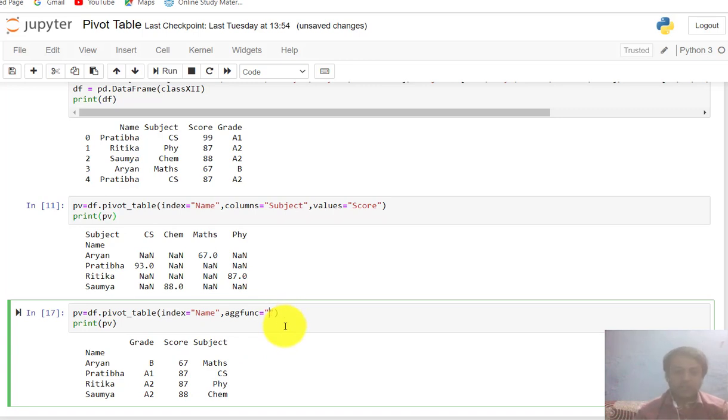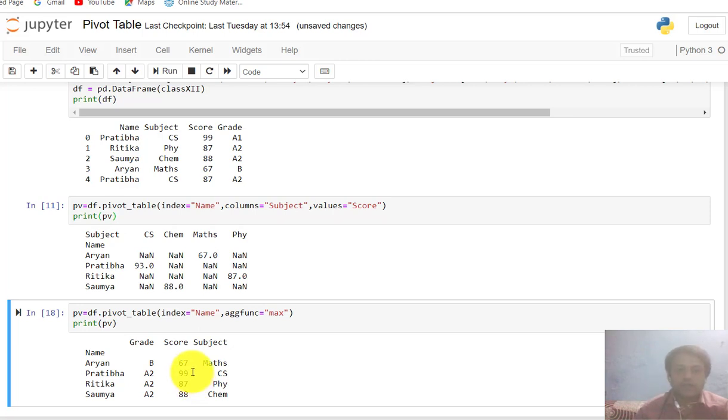Okay, as it is, you can also find the maximum. Simply change the aggregate function to max, and execute this. So you see now the Pratibha maximum CS score value is shown here. Clear?